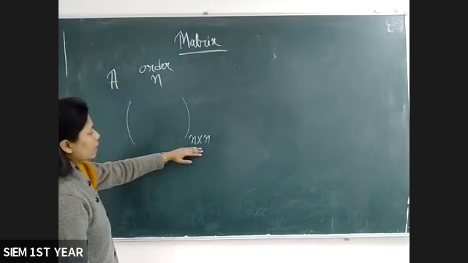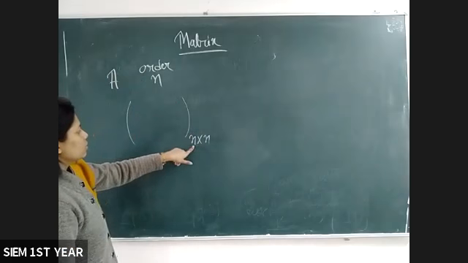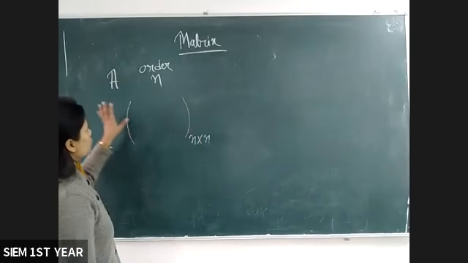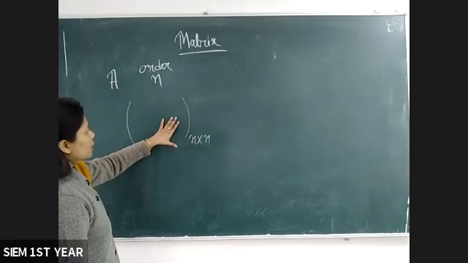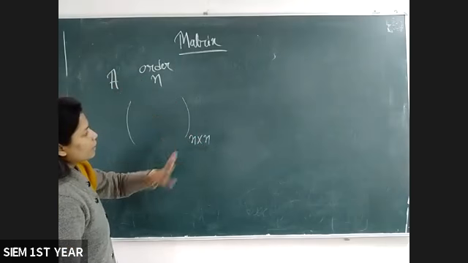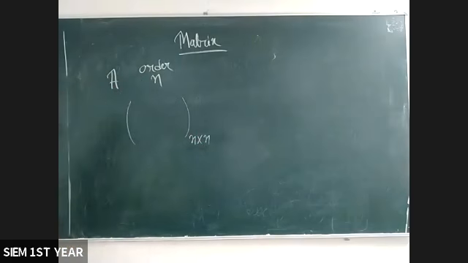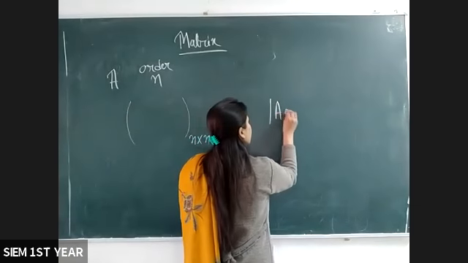Order means n by n matrix. If it is n by n, then it is a square matrix, and we say that A is a square matrix of order n. If it is a rectangular matrix, we say that A is a matrix of order m by n. So order and rank are different. The definition is: let A be a square matrix of order n, then the polynomial, determinant of A minus x I n,